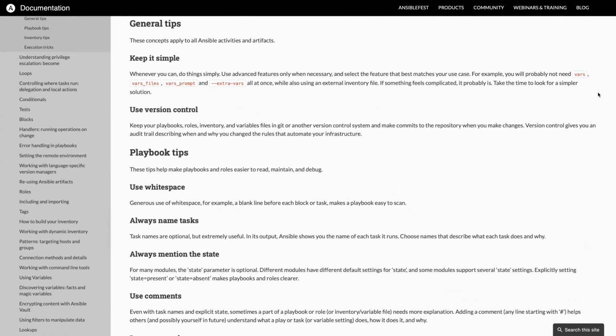Okay, so looking at these, using white space, we've made good use of that. Our playbooks have been quite neat. We've actually listed them out and we've broken up the tasks so they are nice and easy to read. Wherever possible, I personally like to name tasks, and you can actually see there that that is one of the